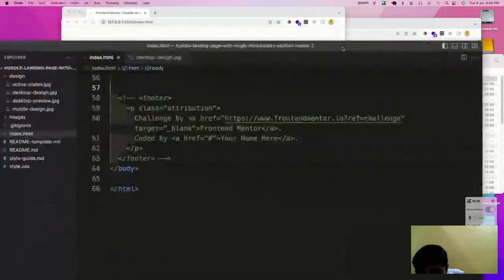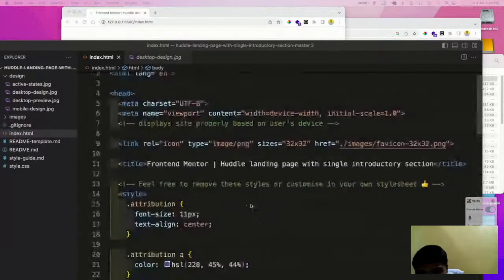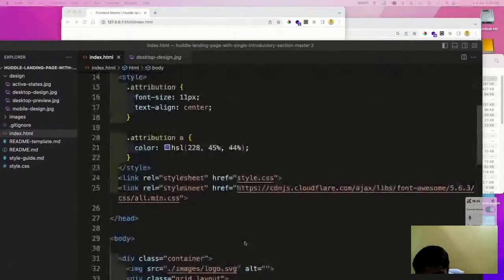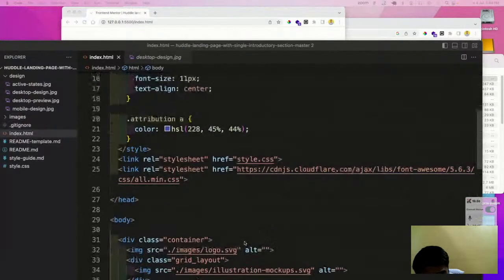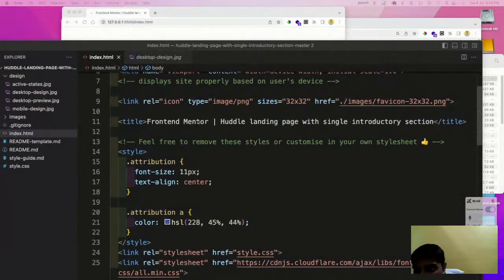So you can see all the extra spaces get removed with the help of this format selection. Now after this, let us see the next thing here, which is